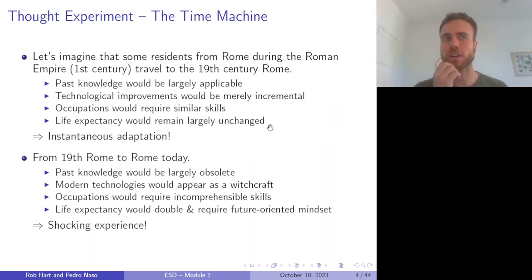I want to start with a thought experiment, which is useful to understand the changes that happened in the economy of the world. So imagine that we have a time machine, and imagine that we can take someone from ancient Rome, let's say an average person with average education, average occupation, and we can take her from the first century and make her travel to the 19th century Rome, so around 1800s. So her knowledge from ancient Rome would be largely applicable in 19th century Rome, meaning that her skills, most likely